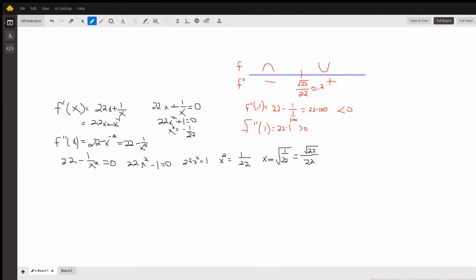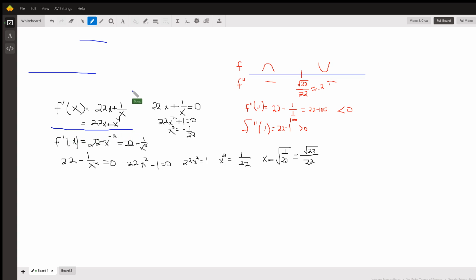Okay, we're given this function right here and asked to find any points of inflection, actually just the x-coordinates of the inflection points. So we have to apply the test for concavity, which means finding a second derivative. So here's the first derivative,